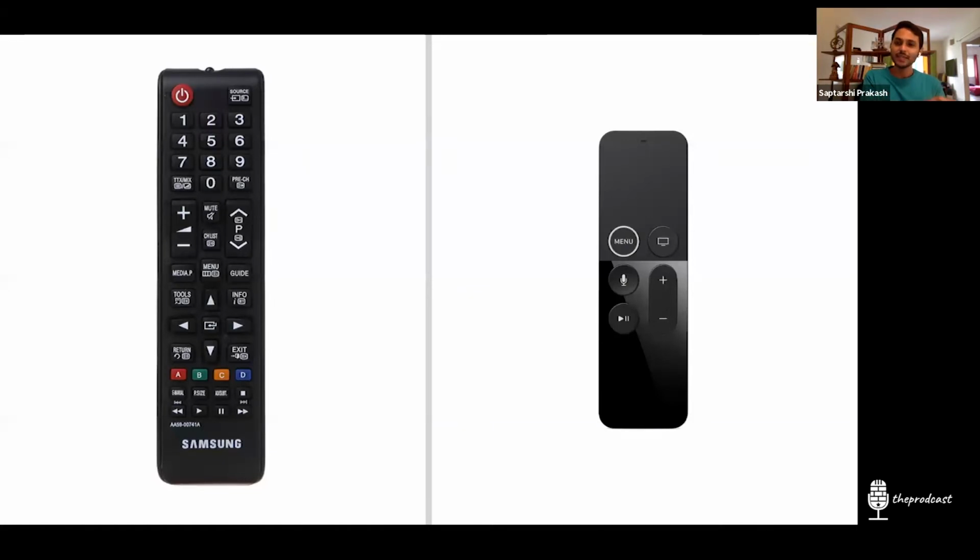But you know what? I use my TV only for streaming. I don't have any cable connection or a DTH connection. So I just have Netflix, Prime, Hotstar, and a couple of other services. And this remote works perfectly well, just like the Apple TV remote. But imagine if you were to watch the channels which your DTH or cable subscriber provides you with, how would a remote like this manage?